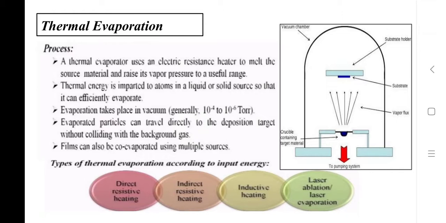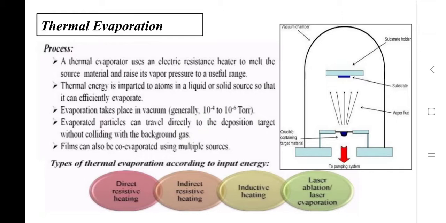Okay, so sometimes we are using certain kind of heating elements, or maybe a heating coil, and that heating coil is giving a thermal environment by which your source is coming into the vapor form, and that vapor is depositing onto your substrate, maybe metal, or maybe ceramic, or maybe polymer. Okay, so thermal energy is imparted to the atoms in a liquid or solid source,